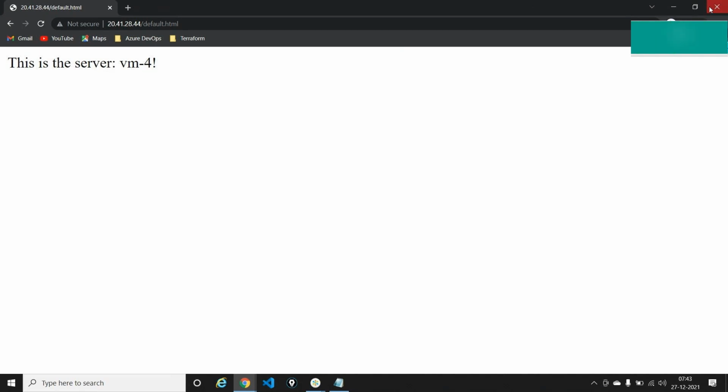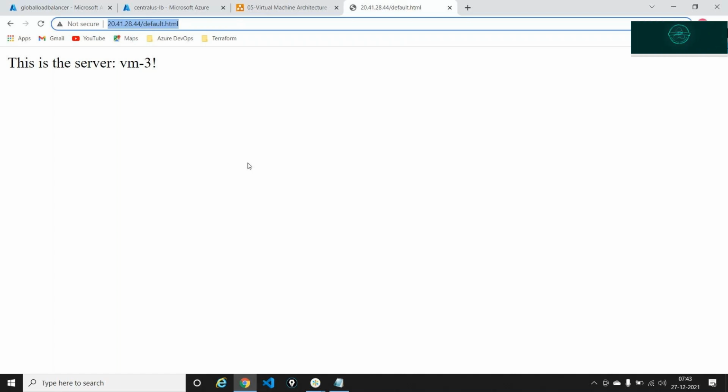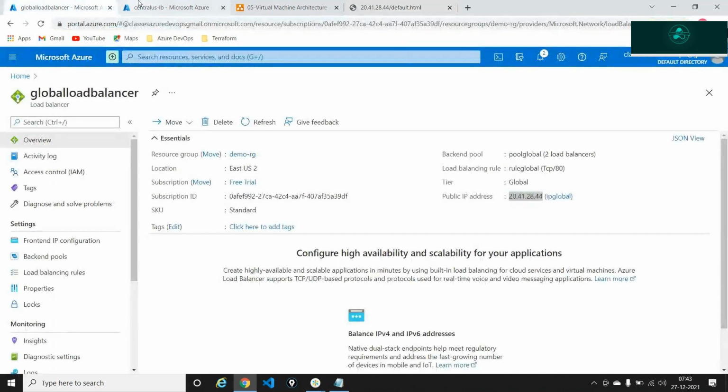So that's the reason the load balancer is able to identify my IP and then divert me to these servers, so that it can give a quick response. If you are a person coming from central US and trying to hit this server, then either VM1 or VM2 will respond. Now, if I stop one of the servers, so if I just go here,